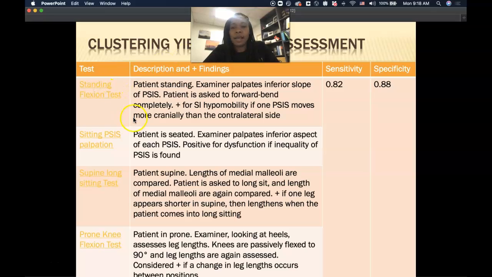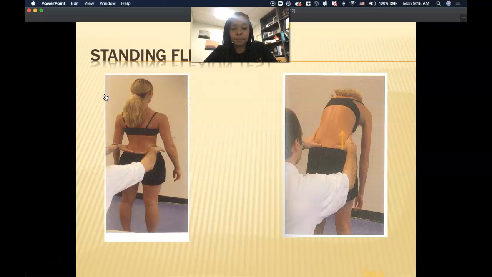But what we know is that if we do these 4 tests, and we'll go through all of them, it's a sensitivity of 82% and a specificity of 88%. So what we're saying is if all 4 of these tests are positive, then we know that the patient has an SI joint dysfunction. Does that make sense, you guys? So the first one is the standing flexion test. In the standing flexion test, you can see the clinician has his or her hands on